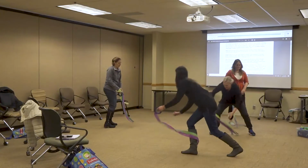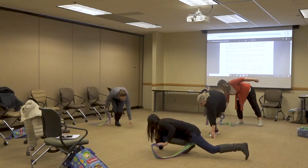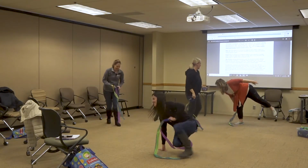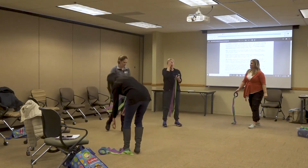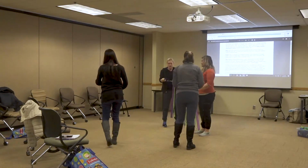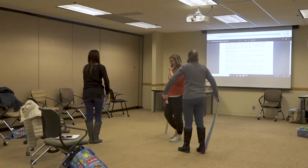Two body parts. Two body parts. Only two. Oh, very clever. And rest. Okay, you get the idea, right? I love challenging them to think about different body parts touching because it gets them thinking about how their body can move. Another way that I do that, and we're going to still use these,